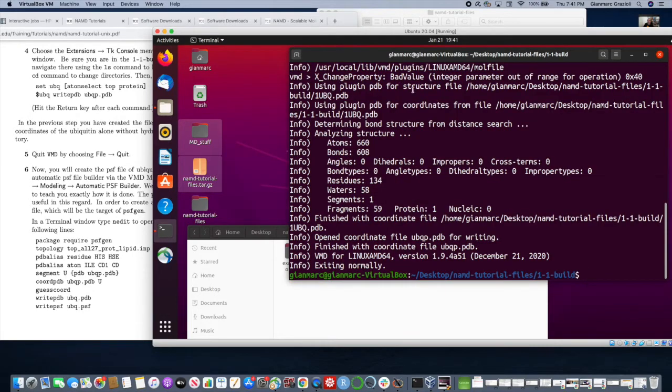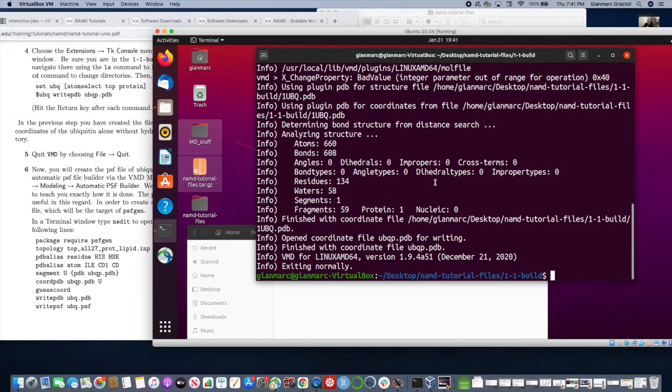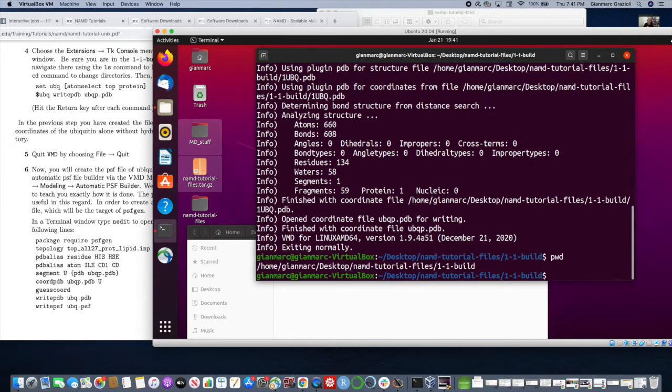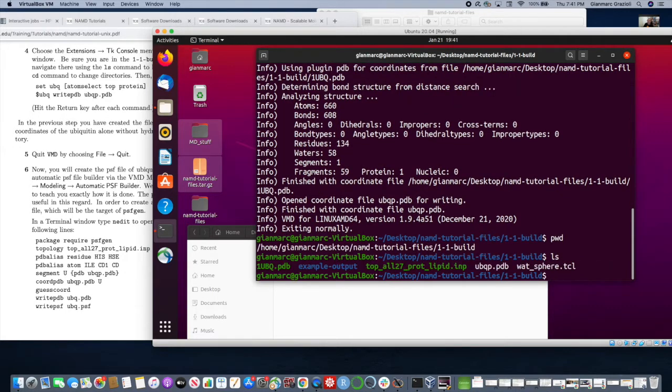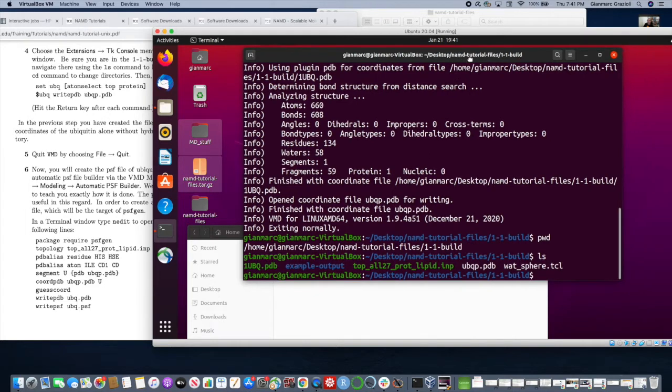There it goes. Okay, so now this terminal that was running VMD, it's still open, right? But now I can just do whatever I want here. I can say present working directory, it'll tell me where I am. I can ls to list things, it'll tell me what's in there, right? Oh, here's another trick that's very good to know. I use this all the time. If you type ls space dash dash